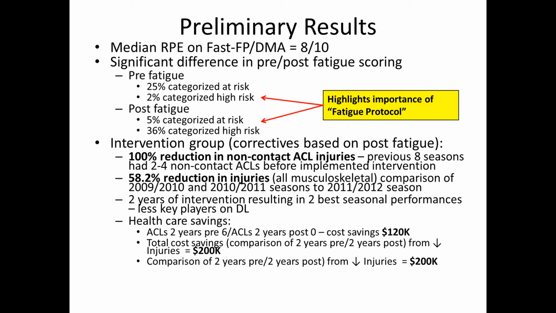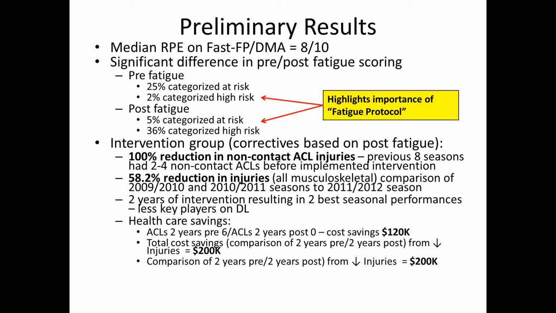First of all, this is preliminary data, and we're continuing this study because our intervention group being 42, you're talking about 1 team over 2 years, and you're talking about a team that would traditionally see anywhere from 2 to 4 ACL injuries. So from a statistical perspective, even though we've had a 100% reduction of ACL injuries, you're really only talking anywhere from 4 to 8 ACL injuries that were prevented. But some very significant data that came out of this one was we did the fatigue